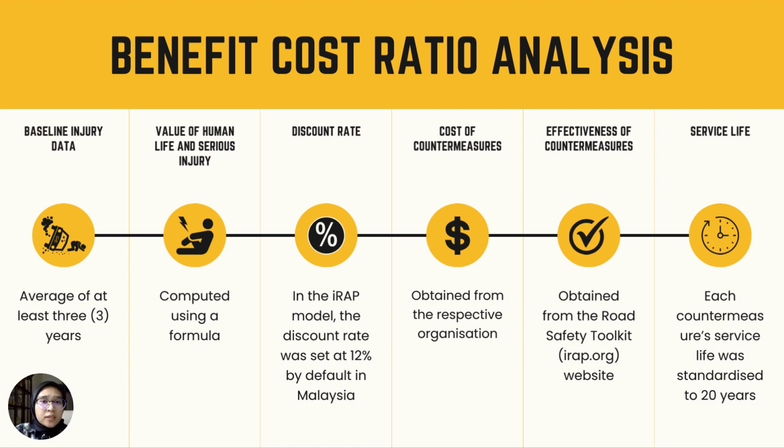The fourth one is the cost of countermeasures, obtained from the respective organization. And then the effectiveness of countermeasures, obtained from the Road Safety Toolkit website. And finally, service life, where each countermeasure's service life was standardized to 20 years in the iRAP at UiTM campus